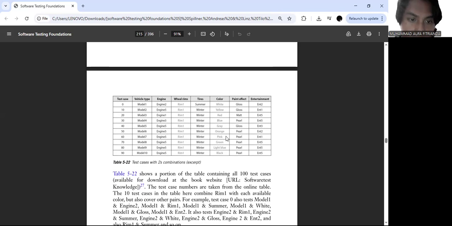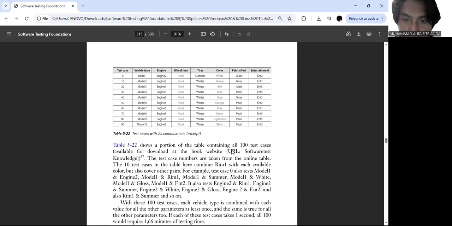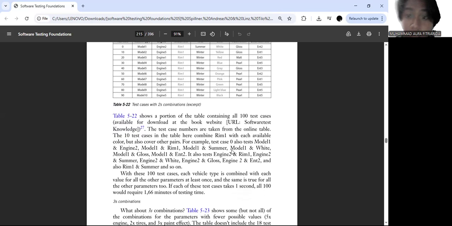30, 40, 50, 60, 70, 80, 90. The test case is accepted. So as the personal table contents are ordered, 100 test cases. But for the outlook website, your software test knowledge, the test case numbers are taken from the online tables. The sample table is combined only once and it's available. Colors, the model 1,